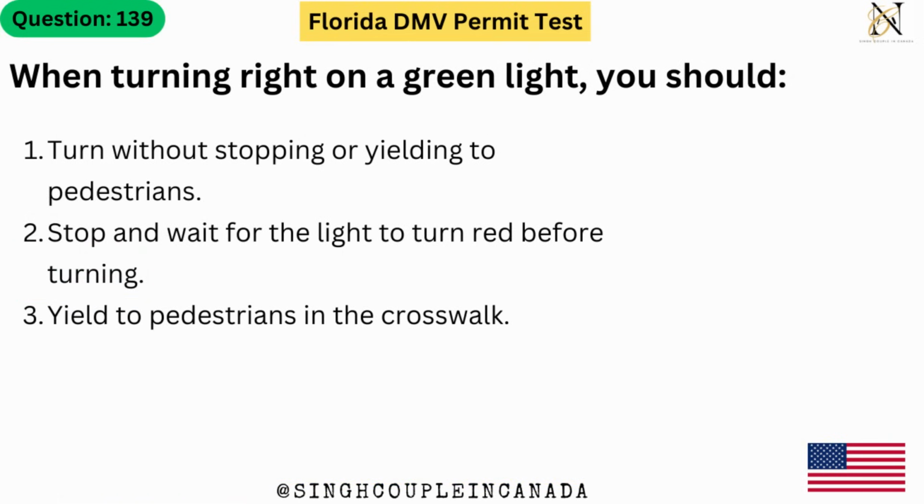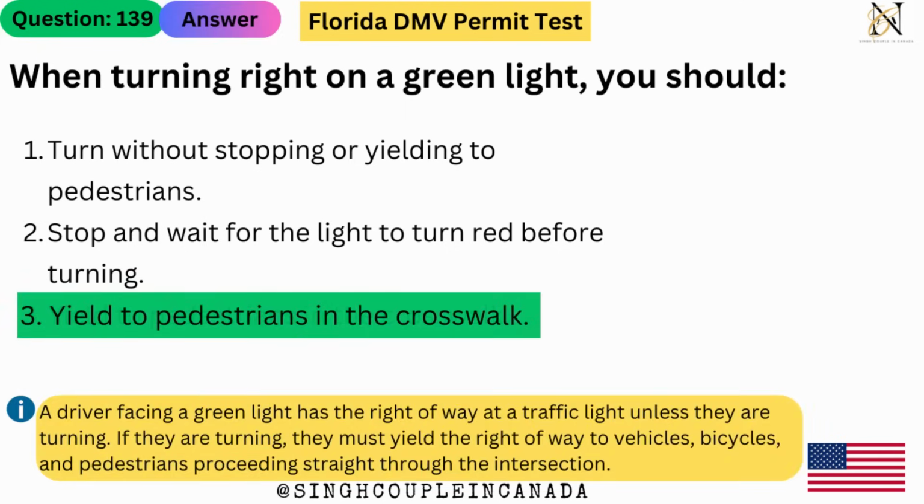When turning right on a green light, you should 1. Turn without stopping or yielding to pedestrians. 2. Stop and wait for the light to turn red before turning. 3. Yield to pedestrians in the crosswalk. The answer is 3. Yield to pedestrians in the crosswalk. A driver facing a green light has the right of way at a traffic light unless they are turning. If they are turning, they must yield the right of way to vehicles, bicycles, and pedestrians proceeding straight through the